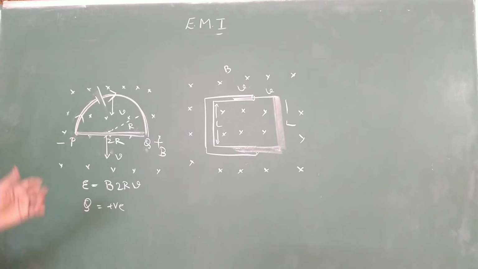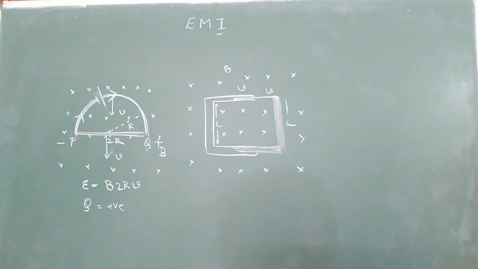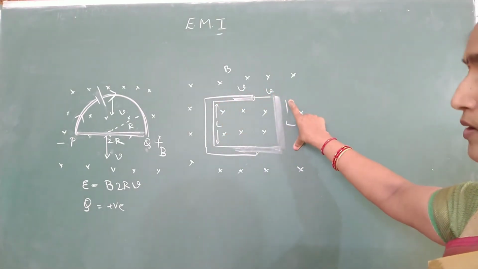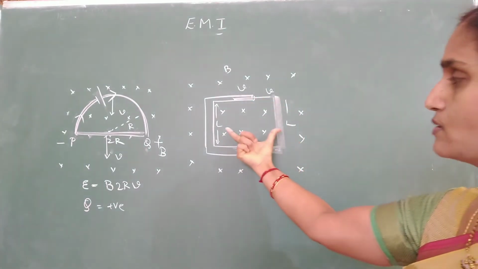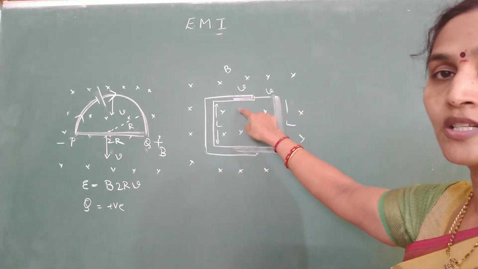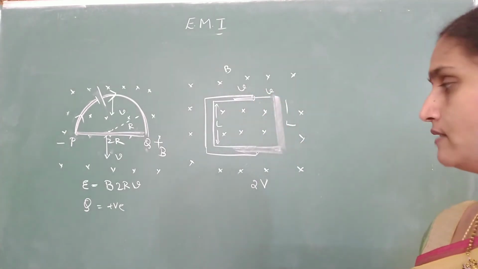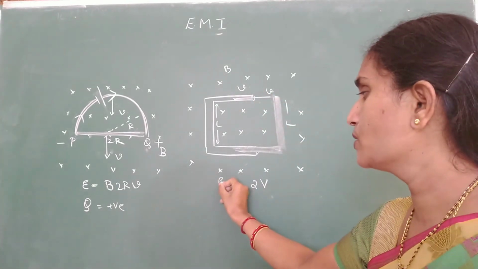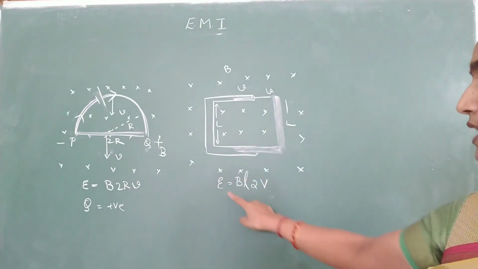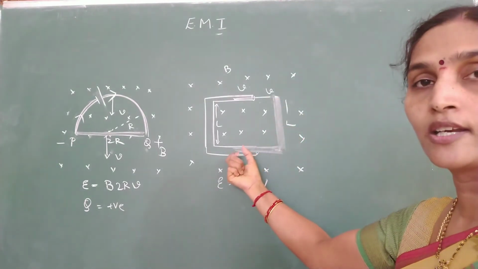Now look at the next question. Here they have given you two rectangular frames. They are moving towards each other with a speed v. The length of this is L and the length of this is L. What is the induced EMF? Since both the systems are moving towards each other with the same speed, what is the relative velocity of approach for them? Is it 2v? V and V in opposite directions, so the relative velocity will become 2v. So what will be the induced EMF in these metal rods? B into L into 2v. So the induced EMF will be doubled because the area is decreasing at double the rate at which they are moving.